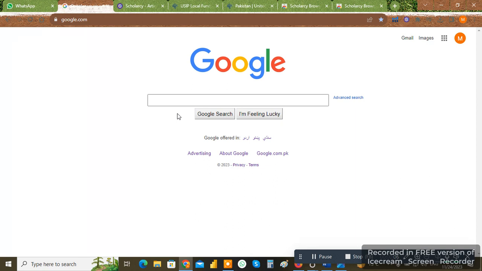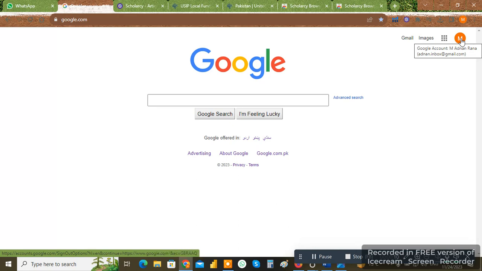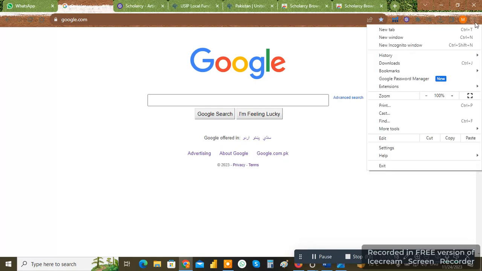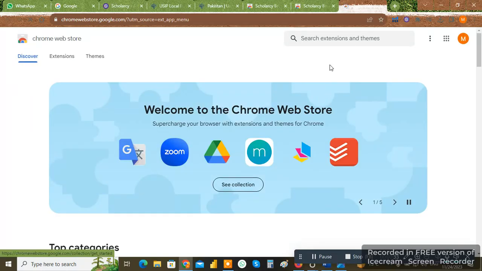First, you have to open your Chrome web browser and make sure that you're logged in with your email. Once it's done, you have to go to the top right hand side and press the three dots. I can barely see those three dots. It will guide you to a drop down menu from where you have to find extensions, and then you have to find visit Chrome web store, that is a virtual store, and it will take you to another window,